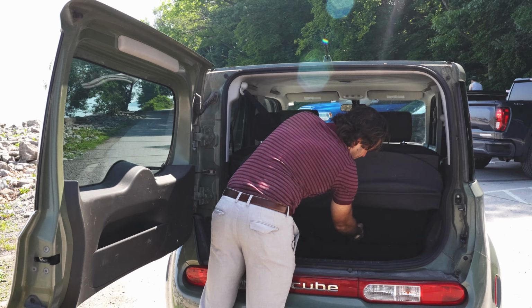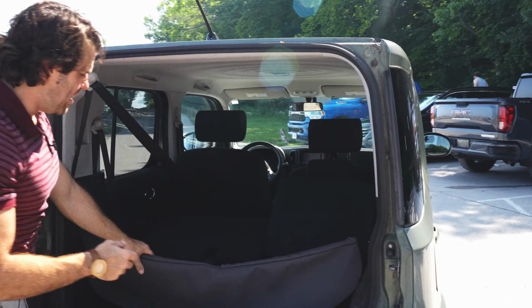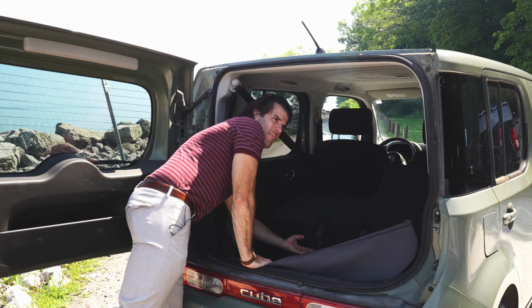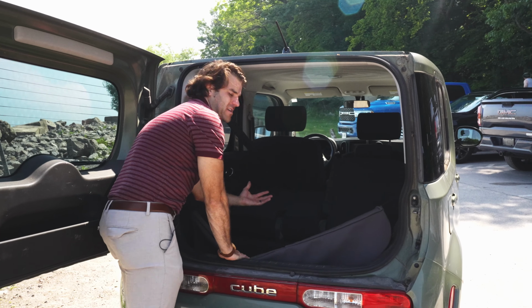The seats will fold down. And when you remove the cover, that's really all the space that you have. I'd like to see the seats fold forward and flip upwards so you can add more trunk space, but the seats take up so much space in the back here, and then you have this big hump